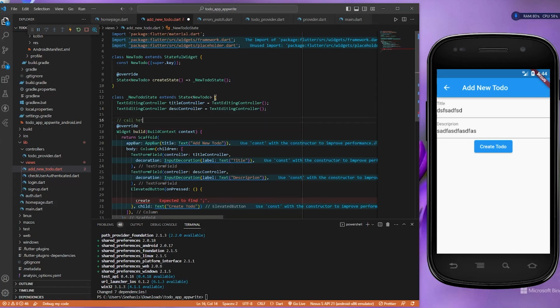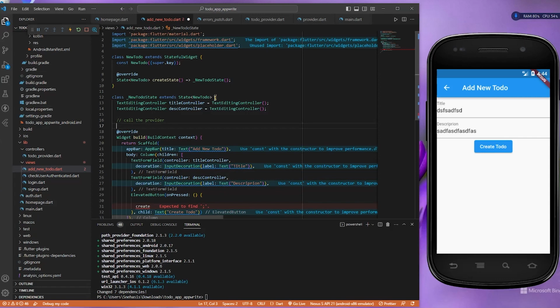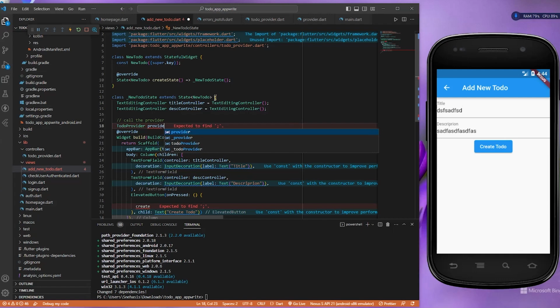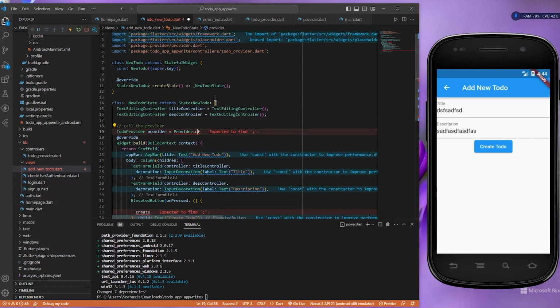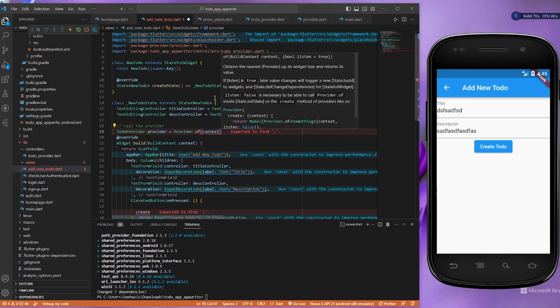Call the to do provider. Let's add provider. It should be to do provider dot of, provider dot of context, and